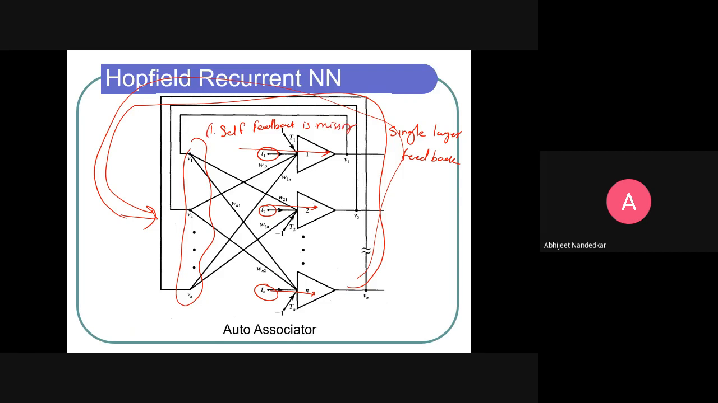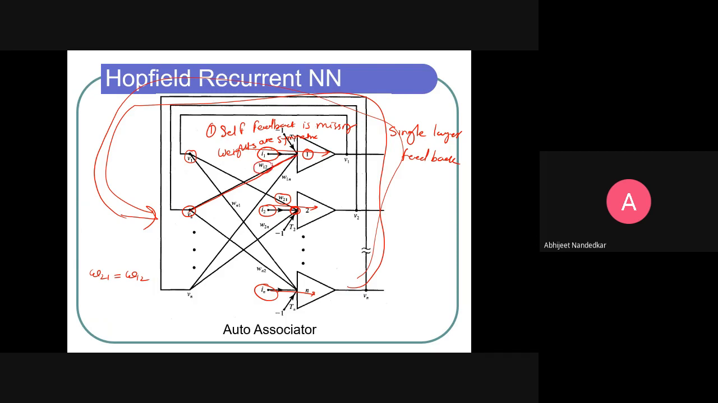and the second most important thing is weights are symmetric. What it means, when I take this connection, say from first node V1 to, suppose, the second neuron, it is W21. So W21 is equal to W12. Where is W12? So from first neuron to second input. So this connection